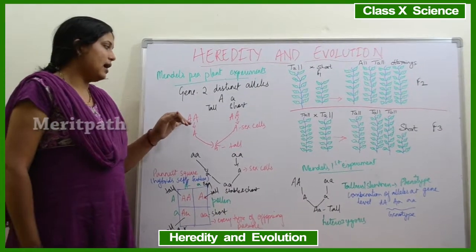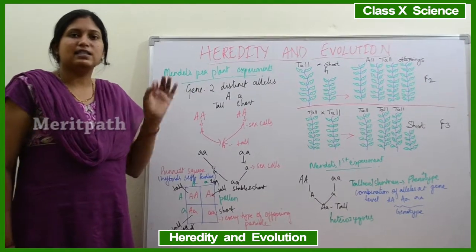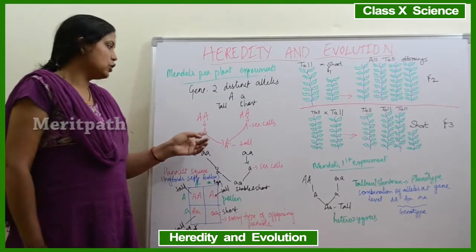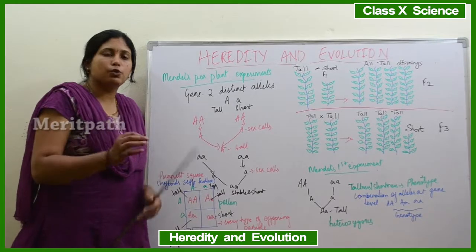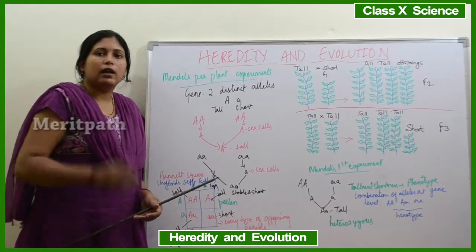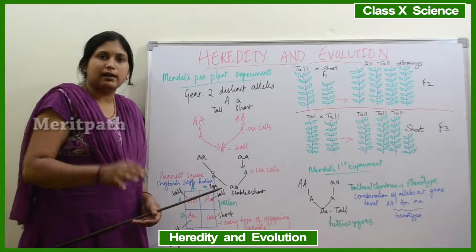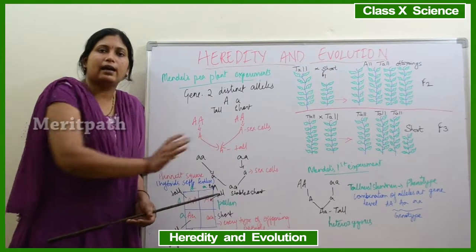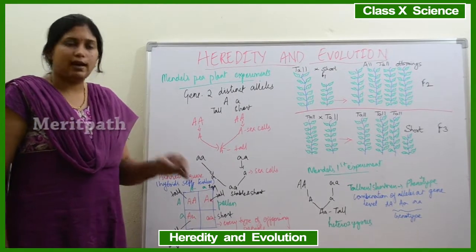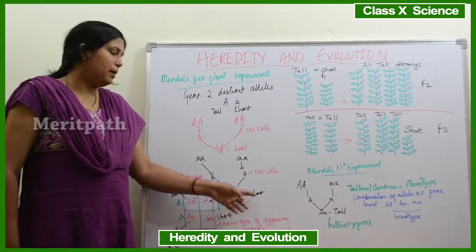The parent plants have capital A, and the sex cells of that parent plant will also have a single capital A. When these two interact, the newly produced variety will be all tall. If the parent plants are small a and small a, that is the shorter variety. The sex cells, the pollen and the egg, will have a single small a each, and the new variety will have all small a, that is the stable, short variety of the plant.